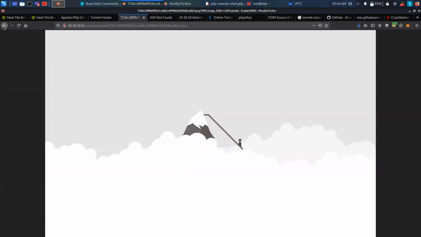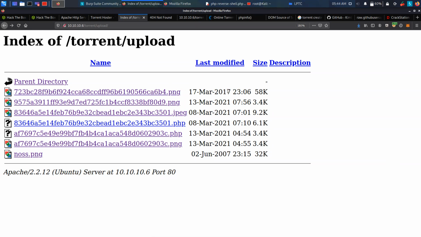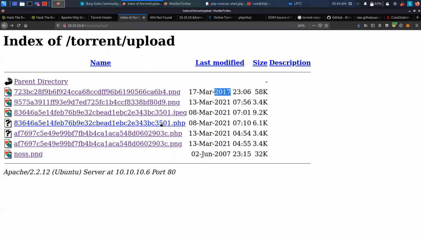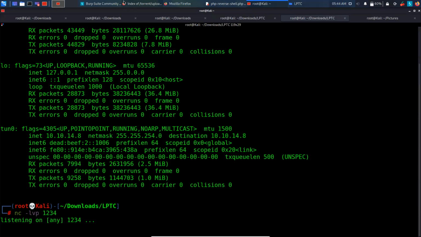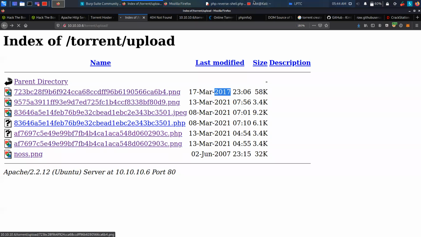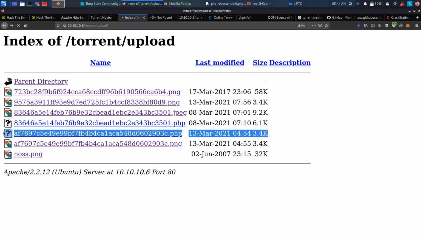Yeah, definitely I can try to filter by the date, but I guess there is something wrong with the server because one is showing 2017 and the other ones are showing 2021. According to me, our one should be this one, which we can try to click, but then it's showing that the image cannot be displayed because of errors. We can also try this one. I will try just one by one and see if anyone clicks it. Yeah, so the other was this one, basically 13 March, and this one is ours.